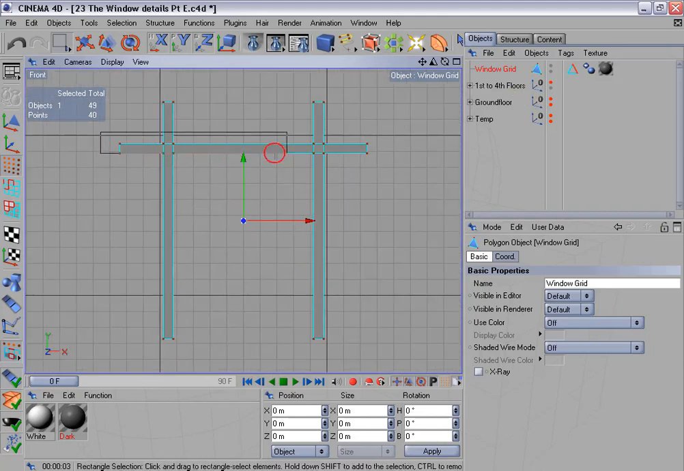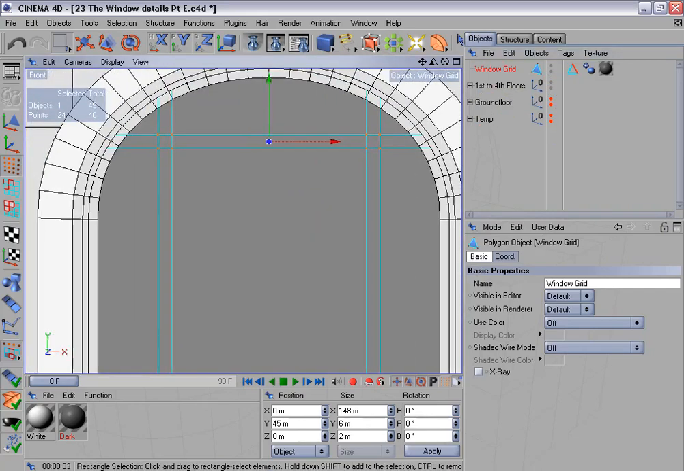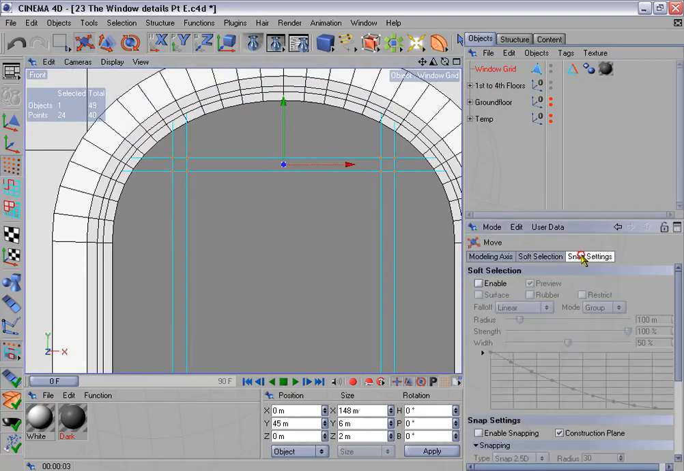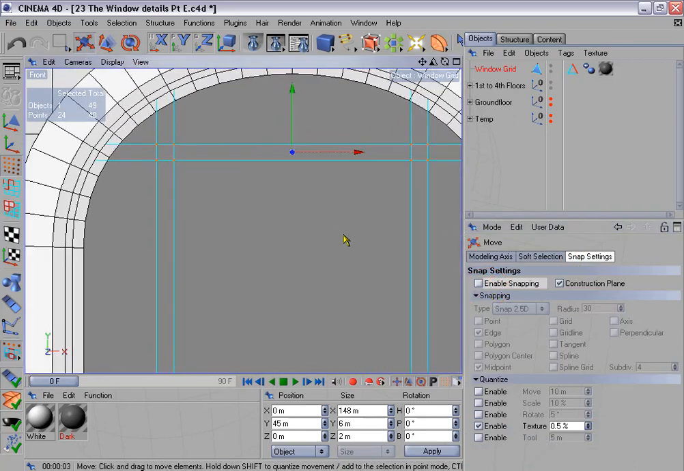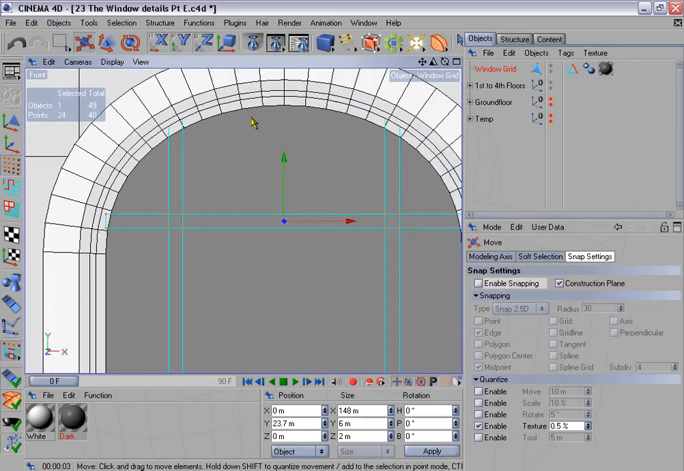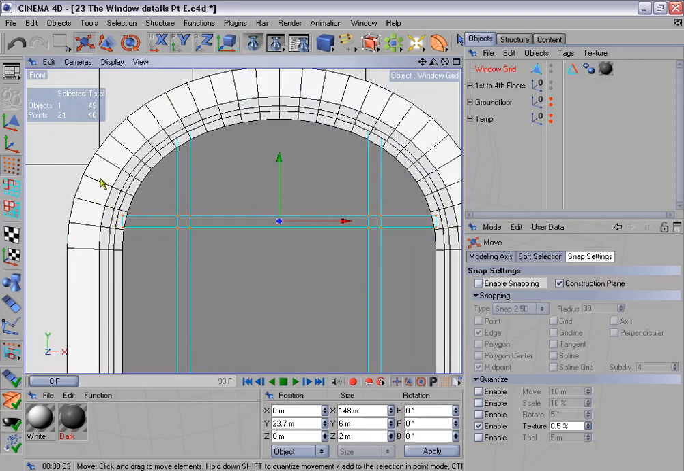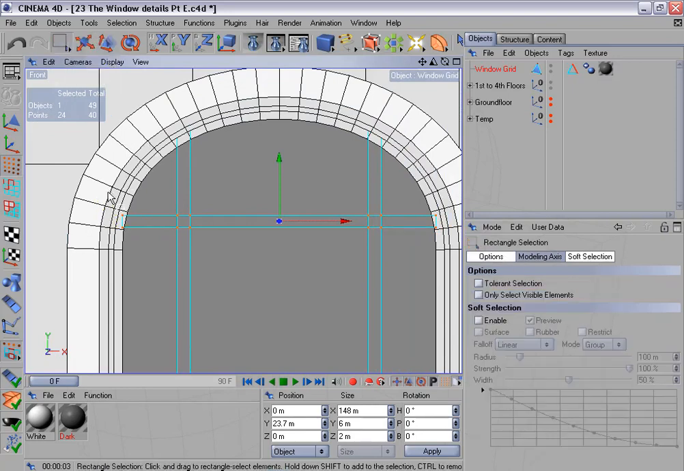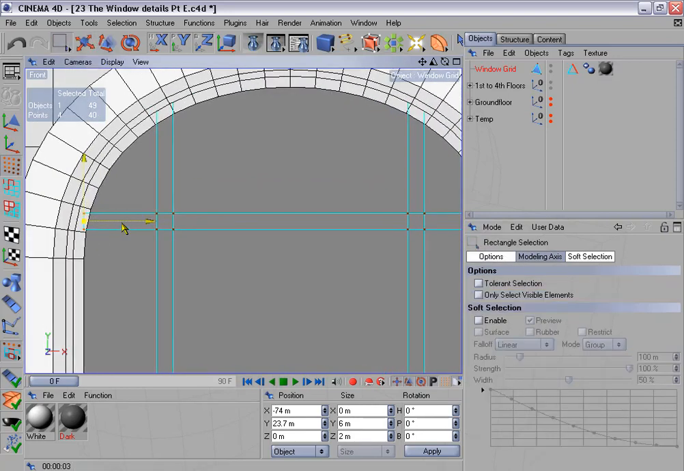Now first of all I want to move these points down a bit, so let's make the floors visible again. And let's make sure that snapping is deactivated here. And I want to bring these points down a bit, maybe to about here. Okay. And next we have to move some of the points on this window grid to align them with the